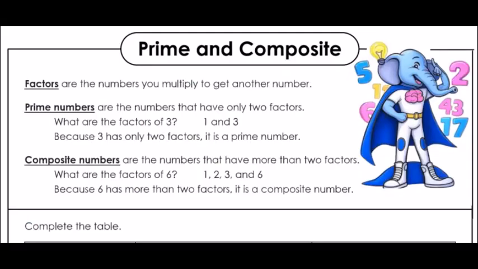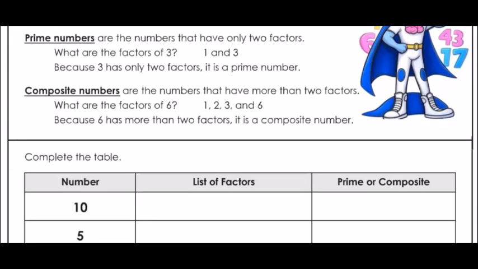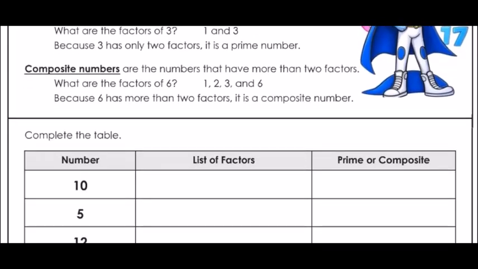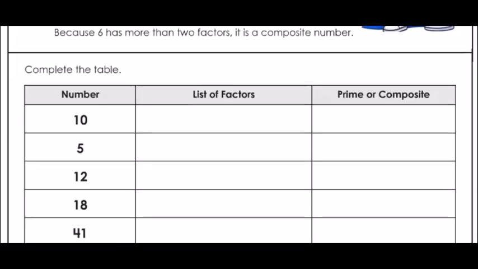Hi, just a quick review of primes and composites. So factors are numbers that you multiply in order to get a number, and prime numbers only have two factors, that's one and themselves. Composite numbers have more than the two factors. So 10, we know,